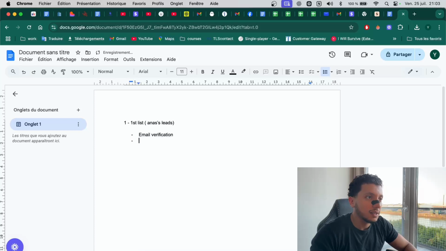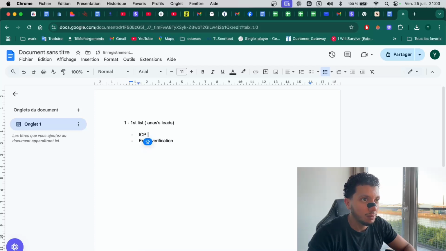The second enrichment would be ICP validation. Well, ICP validation has to come before, so we make sure that these are pool companies, pool builders, pool constructors, everything. ICP validation, then email verification.